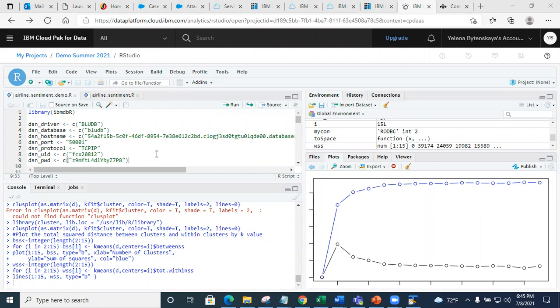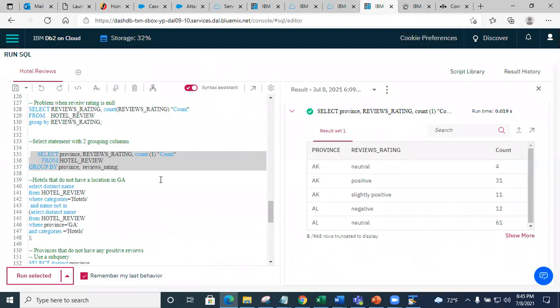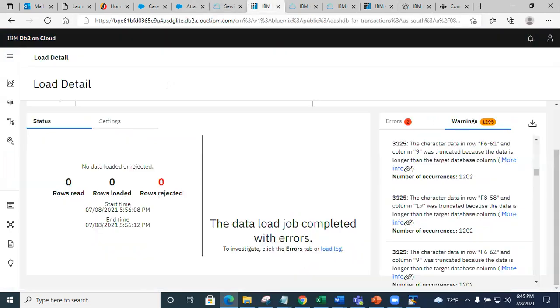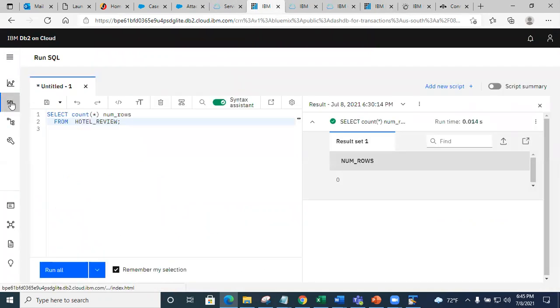Yes, so you use the instructions provided. The interface has changed, but as I showed you, you still have the section where you run the queries, right? You still have the section where you load data. See, this is how you get to SQL. There is no menu over here, but this is SQL. You go in here and you run your queries here, right? So the interface has changed, but you are still at the point where you can go in, launch the service, and run your queries, right?